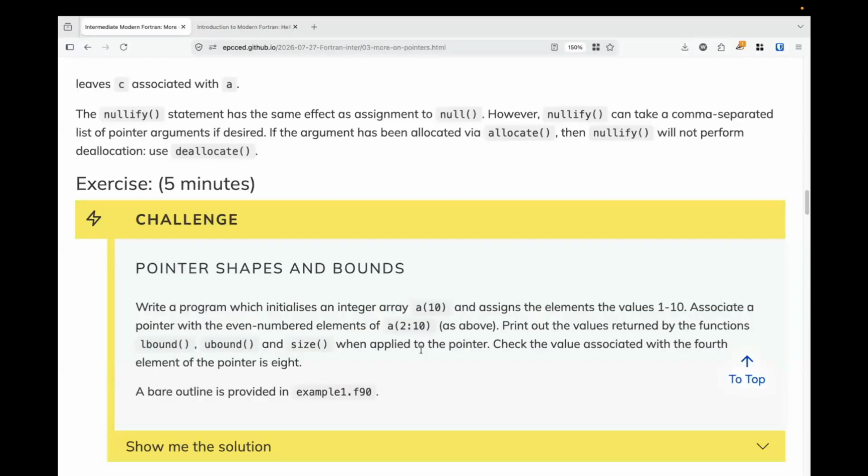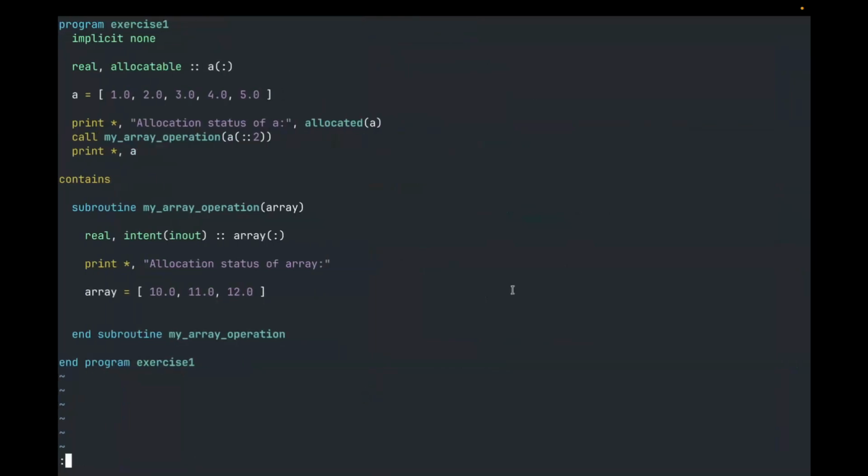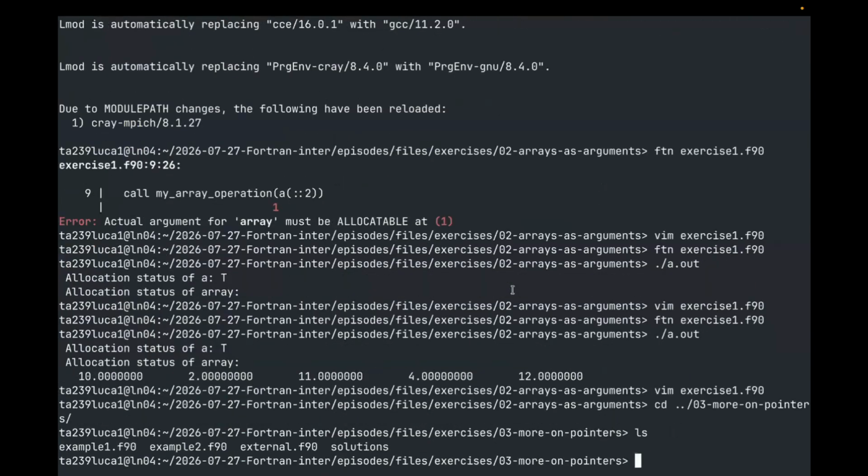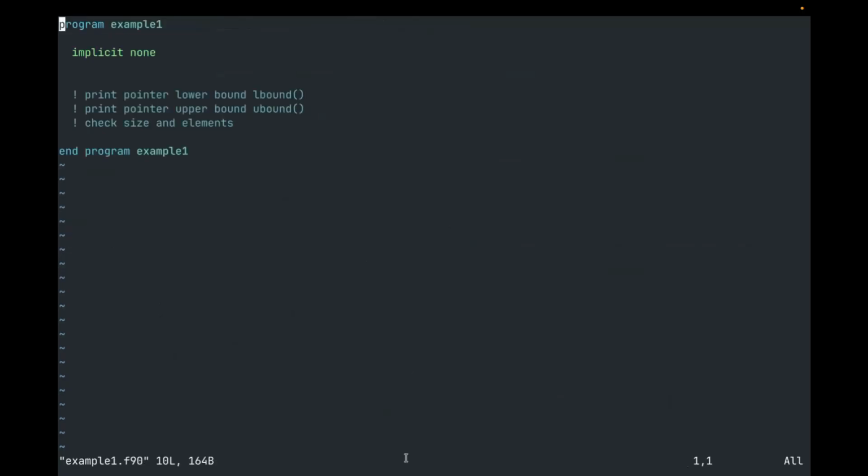So let's just take a few minutes, five minutes it says here. We may not even need that. This should be hopefully fairly simple. Starting from example 1, let's just take a quick look at that. So let's go into the O3 more on pointers directory. Again, this is more on pointers because this is following on. The assumption here is that everyone is up to date with pointers, at least as far as the introductory course on Fortran goes. So let's take a look at example 1.f90, and here's our bare